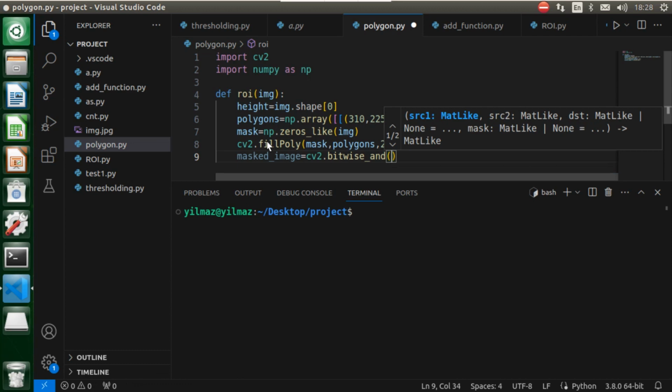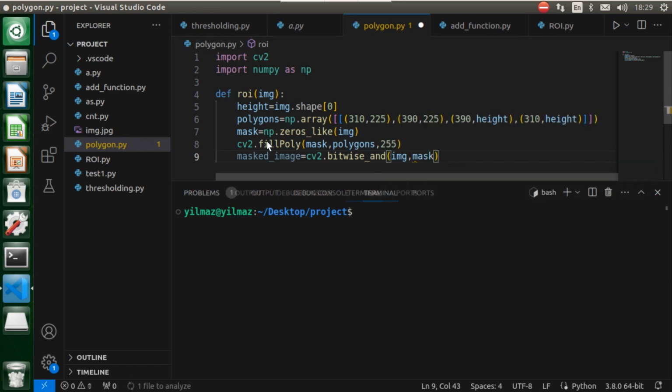It's a function used in the OpenCV library that performs bitwise AND operations between two images or an image and a mask. It takes two different parameters. Let's define our main image in the first parameter. As you know, which is img. Thus the main image will be our first image to be masked. For the second parameter, let's put a comma here. We must define our zero matrix created for the masking process. As you know, the mask variable. So let's type here mask and also let's move to a new line.